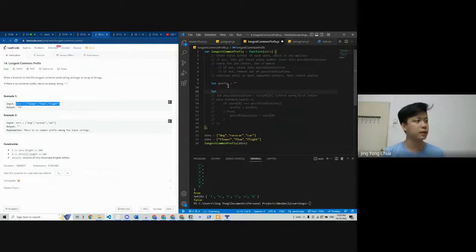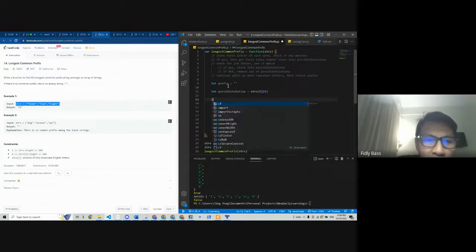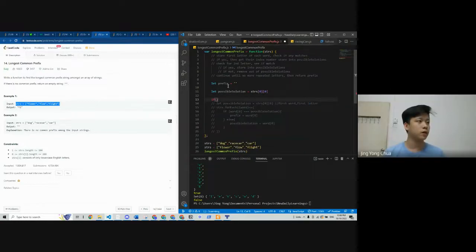Actually, no need for slice. Let equals to strings. Okay, this one should be correct. Oh, this one is empty. Right, you're getting the first one. And what we do is we use a for loop, right?